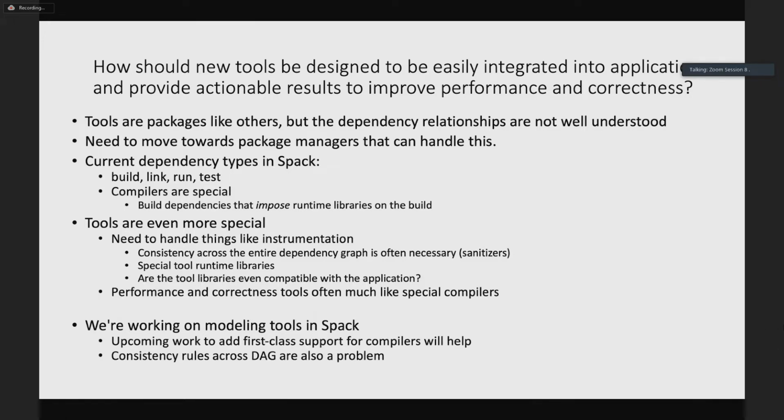There are compilers that generate code in a certain way that says that all other code that's linked with it has to be built in a certain way. And there are things like the linker, which no stack that I know of models very well. Certain types of optimizations that modern compilers do, especially now that we're using accelerators, require a bunch of link time stuff, and tools often try to wrap the linker. I think all of that is going to break when we start using accelerators. You're going to need to be able to express the requirements for your linker much better so you can evaluate consistency across a graph.